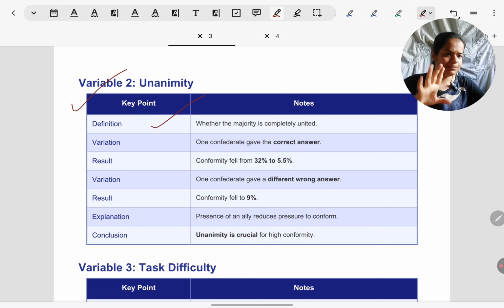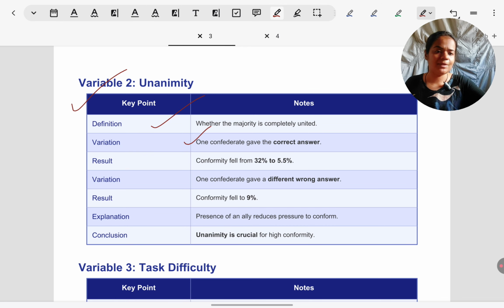So again, Asch did a replication of his original study. This time there were two conditions. In one condition, the majority that was pointing out the wrong line, giving the wrong answer, were all united with each other. Every single person of the majority gave the wrong answer. But in one manipulation, on some of the trials, all the assistants forming the majority did not give the wrong answer. There was this one assistant who would give the right answer. So this time Asch had trained his assistants that one of you must give the right answer, the rest of you can unite and give the wrong answer in front of the participant.